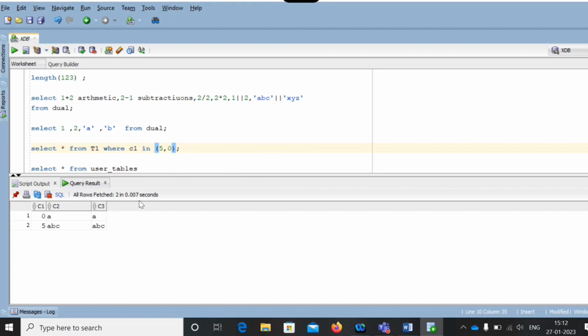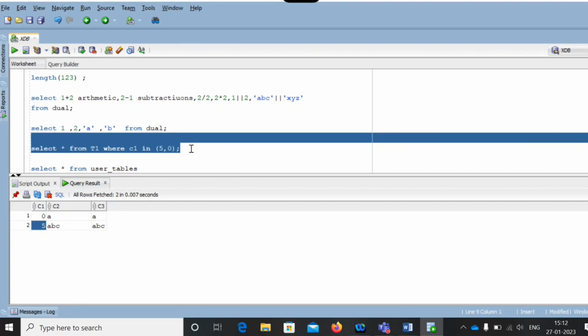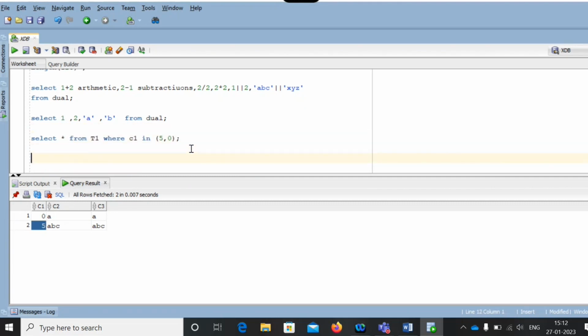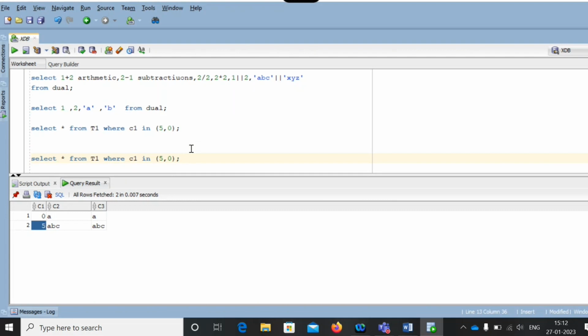See, 0 value you got and 5 also you got. See what happened if you use it in this way: at the back end, it uses the OR operator while retrieving the data from the country table or population table. So you are trying to retrieve an XYZ person from India country. Now you need to put the condition in two ways. Sorry, two conditions you need to put.